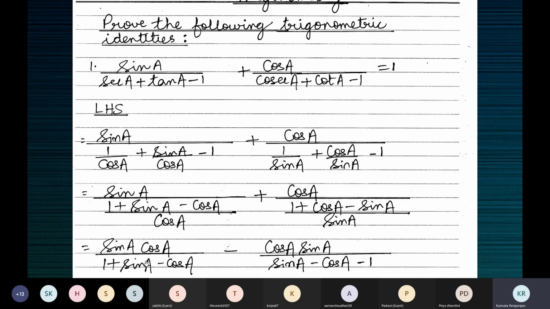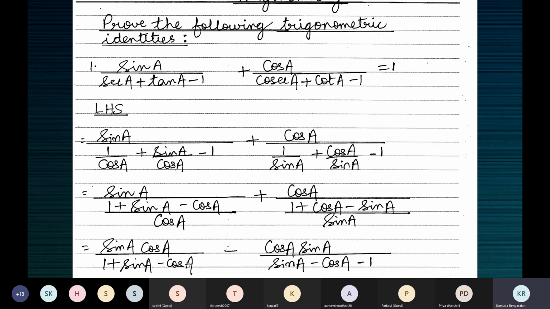I'm trying to match the signs here. There's sin A here, but see here, children. Compare the denominators. There is sin A, but there's minus sin A here. There is minus cos A here, but there's plus cos A here. And there is 1 here and there's 1 here also. What you do here is we are trying to write it in the form A plus B into A minus B.